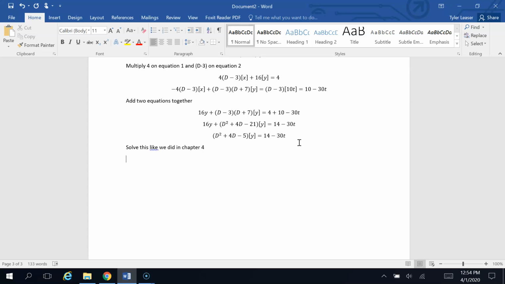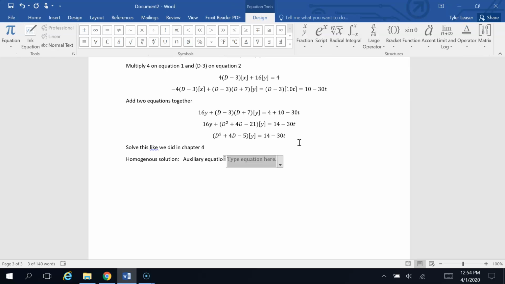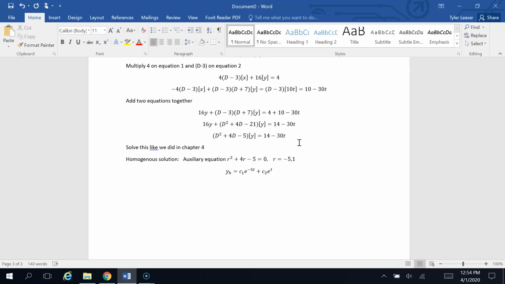So the first thing we need to do is find the homogeneous solution. Remember, to find the homogeneous solution, this is where we look at the auxiliary equation. So the auxiliary equation for us is going to be r squared plus 4r minus 5 is equal to 0. It should be easy to see that you have two solutions, negative 5 and positive 1, which means that we have the homogeneous solution, c1 e to the negative 5t plus c2 e to the t. Okay, then we're going to have our undetermined